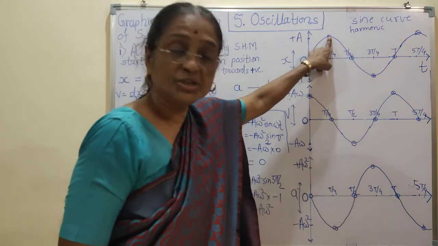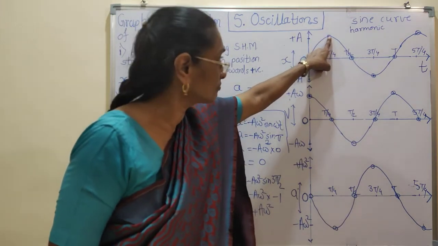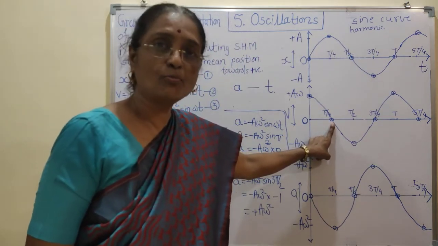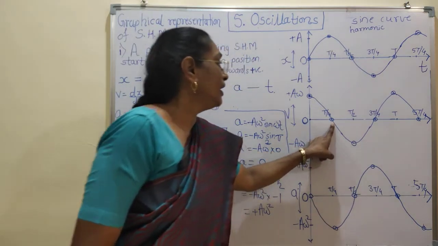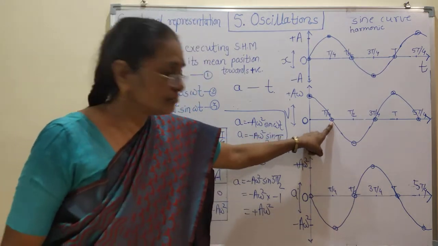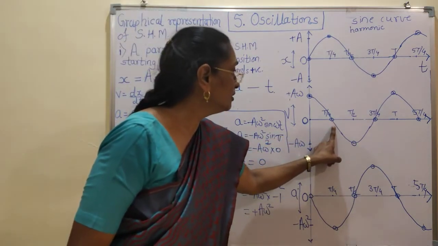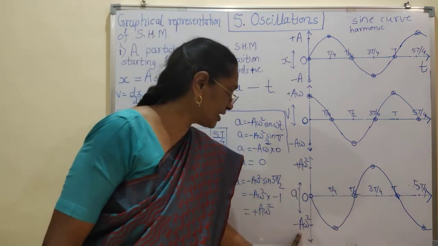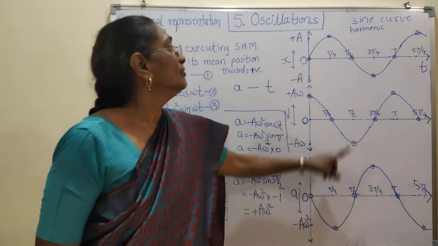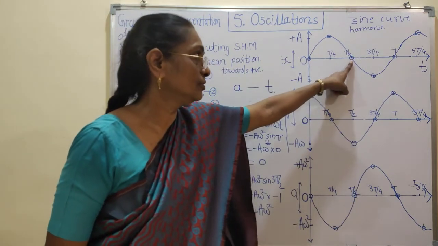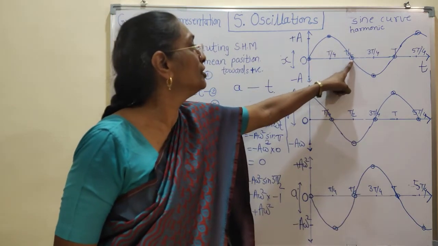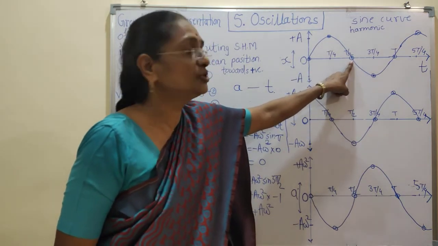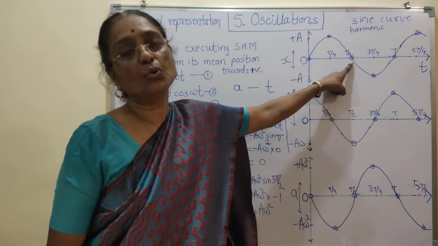When displacement becomes maximum, velocity becomes 0. It turns back from the positive maximum, and at that time the acceleration has the negative maximum value, minus A omega square. At the next point, for the T by 2 interval, x is 0, meaning the particle has returned to